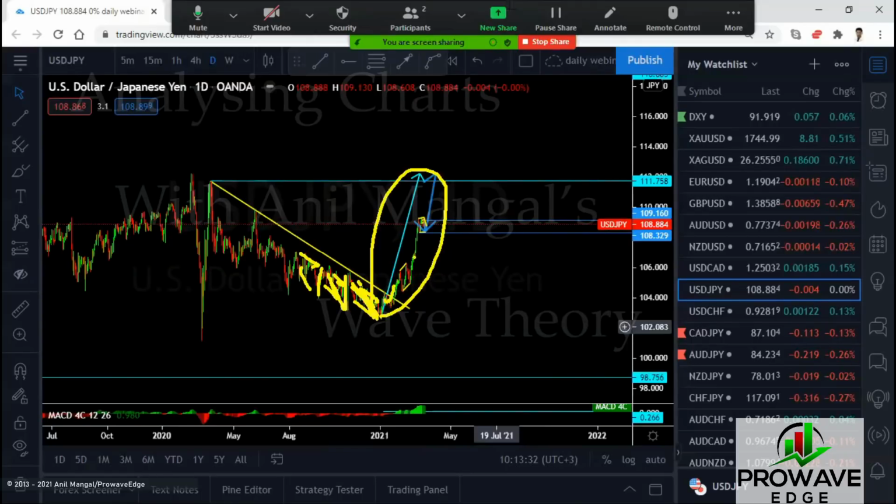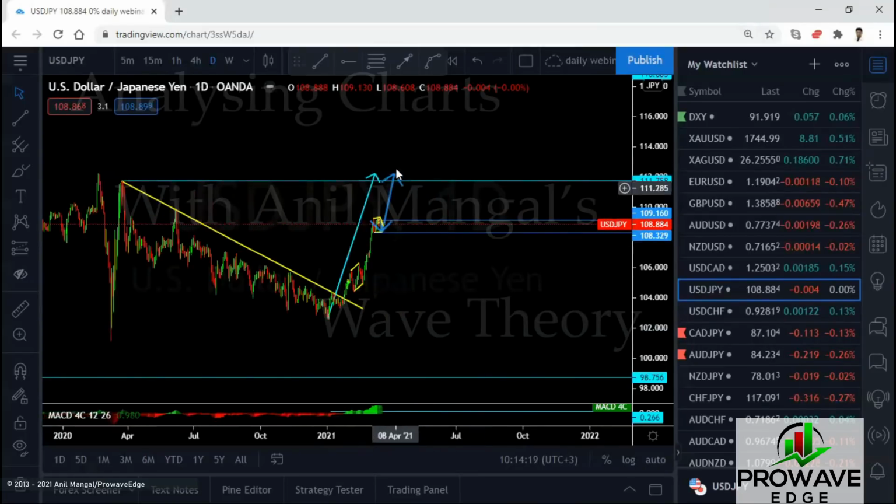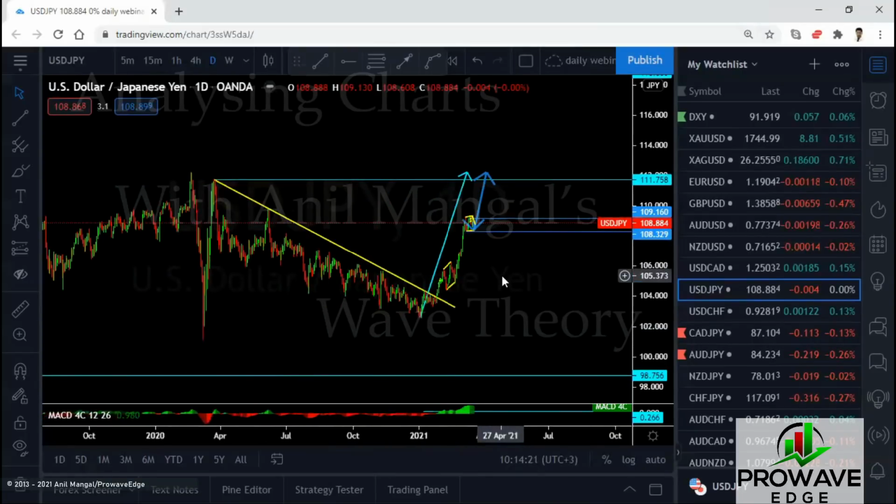I think I bought from here, getting that piece again. I made a few break-even trades there in the 1 hour. I got that piece, and I'm again going to get this trade again. I actually bought and sold in that little piece there, the correction. And I'm buying again to go back there because it will break that up.